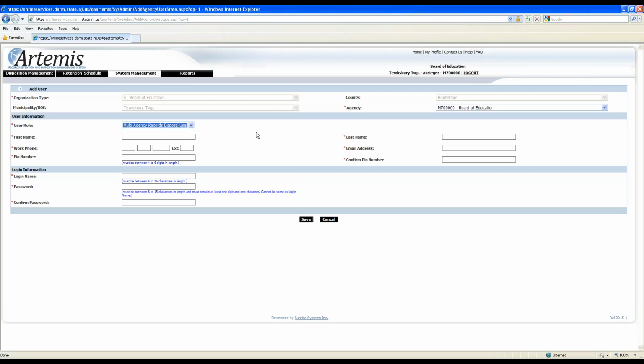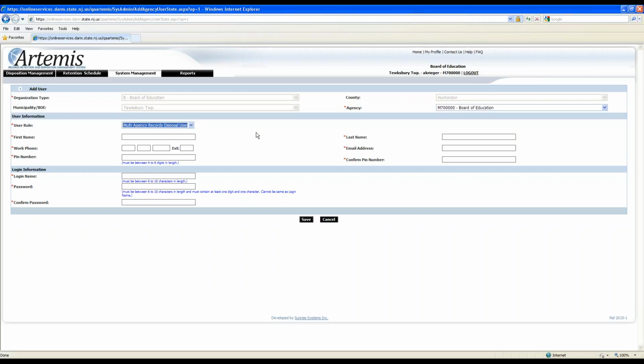You'll set your regular users up, and this will allow them to create disposition requests for any retention schedule or agency that you set up in the system in the prior step, okay? So again, whoever's managing your records, whether it's yourself or you have other users that process disposition requests, you would set them up with their own username and password within the system, so they can actually process the disposition request as well under their username and password.